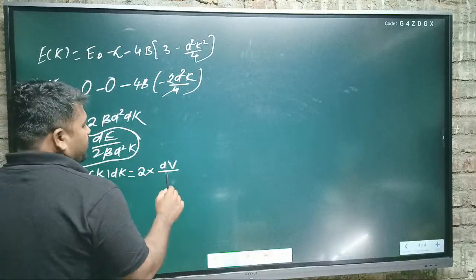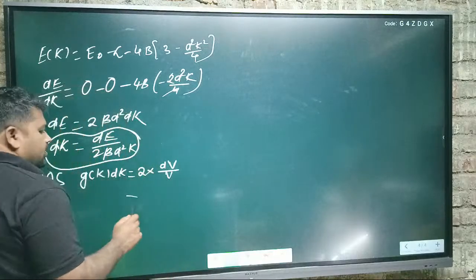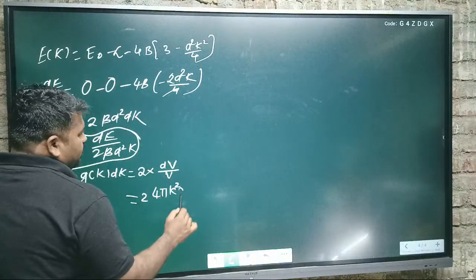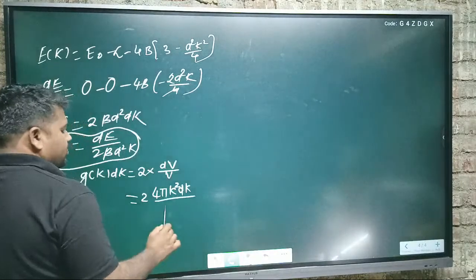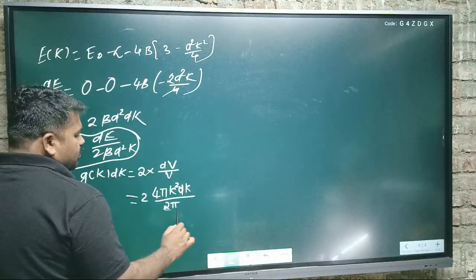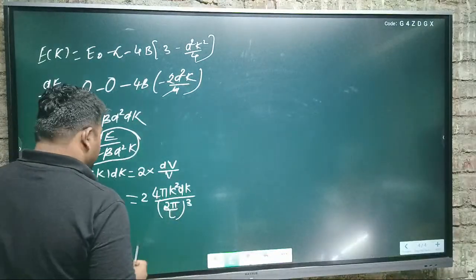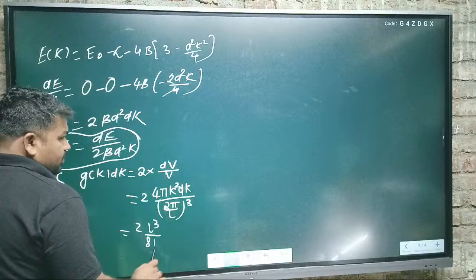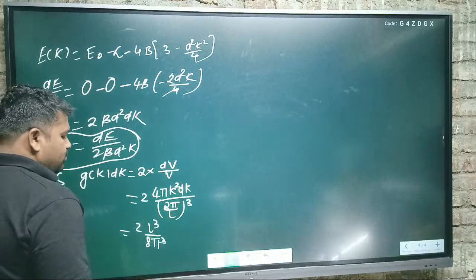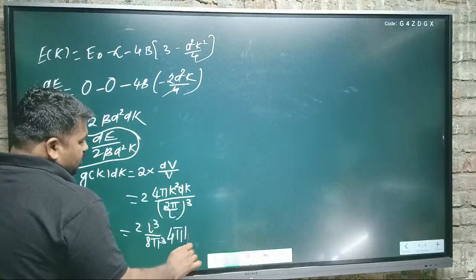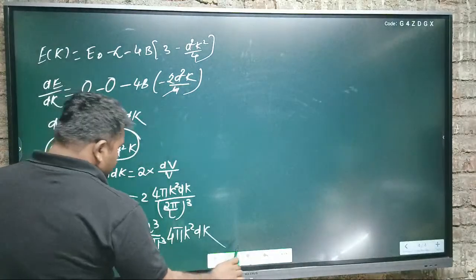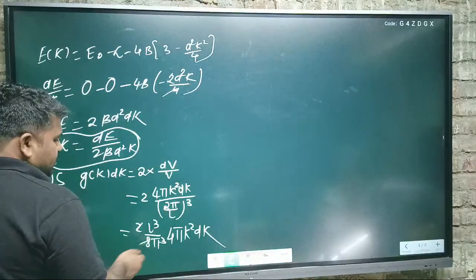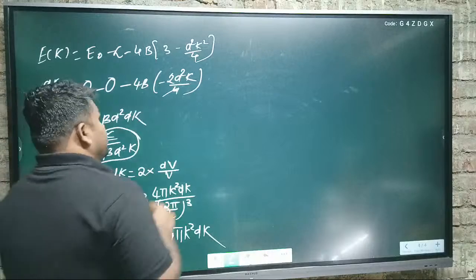dV upon V, yes or no? dV upon V, okay. dV is 4π k² dk upon V, which is 2π cubed by L bracket to how much? Cube. Okay, this is equal to how much? 2 into L³ upon 8π³, into how much? 4π k² dk. Yes, so this 4 to 8 gets cancelled. Then g of k dk